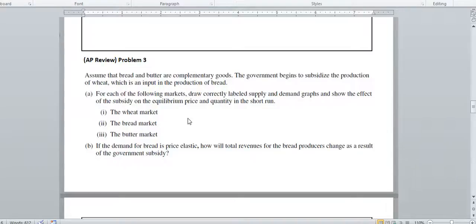So now let's see what's going to happen. The government begins to subsidize the production of wheat, which is an input in the production of bread. What that's going to do, if you think about it, is a subsidy in the production is actually going to make producing it cost less for the producers. So if we sketch a graph of the wheat market,